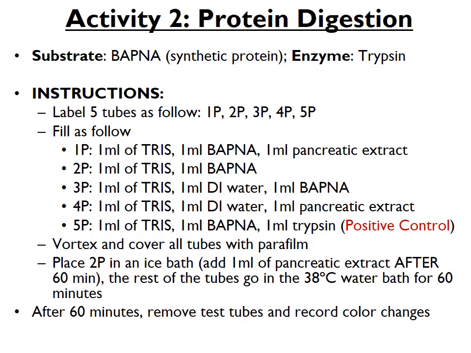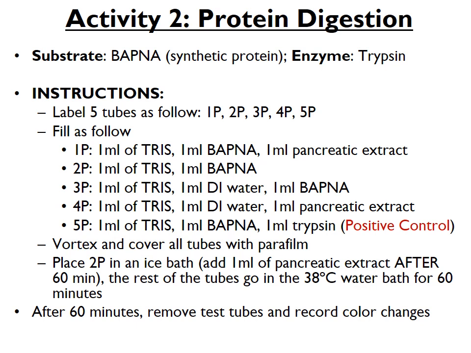Then the second experiment is the protein digestion. BAPNA is the substrate, and I told you it is a synthetic protein. You have the enzyme, which is the trypsin. It should be present in the pancreatic extract or juice. And then we follow the same experiment as I described in the video for the protocols. And your vortex, remember the 5P is the positive control, the 1P to 4P would be your test samples. And then you vortex, you put a cover slip, and then you put the 2P in the ice bath,